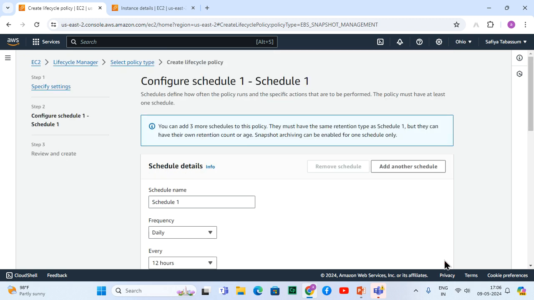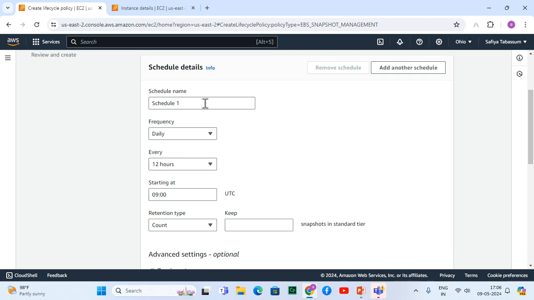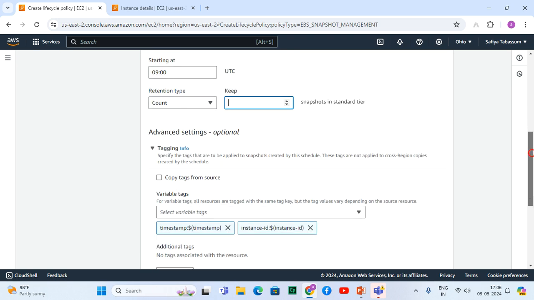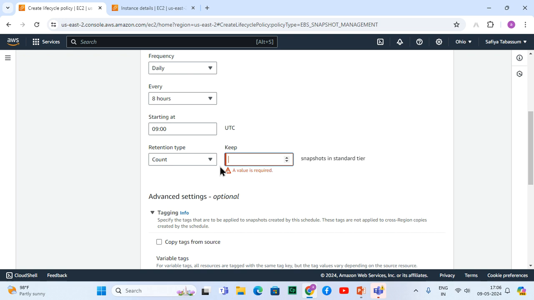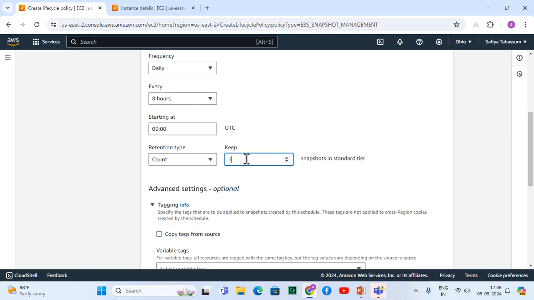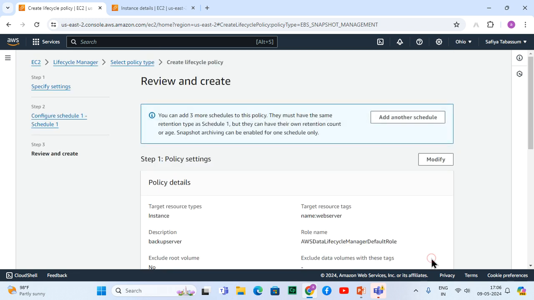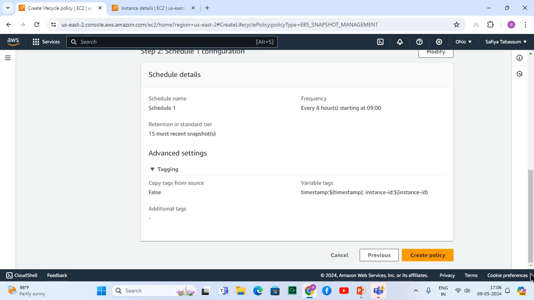let's say next. It's going to ask whether you want to back up this machine. Yes. But policy frequency, I want to say daily. Daily how? 8 hours. Starting what date? Count. Keep what? At least 3-4 counts. Retention type is what? To where, when you're going to have what? Backup to restore. I want to retrieve it. So I have done with this, the final review.